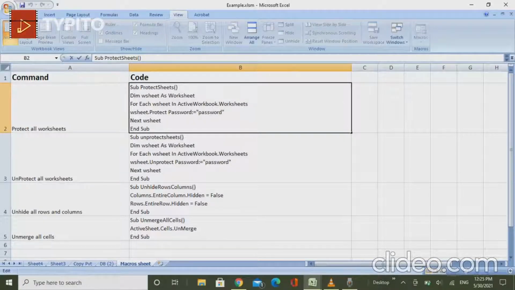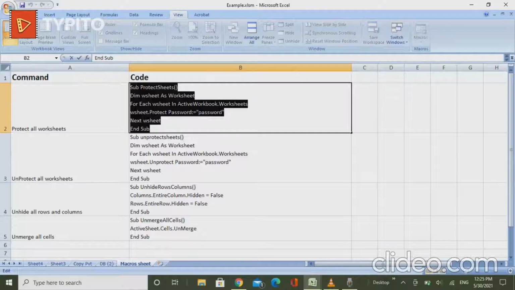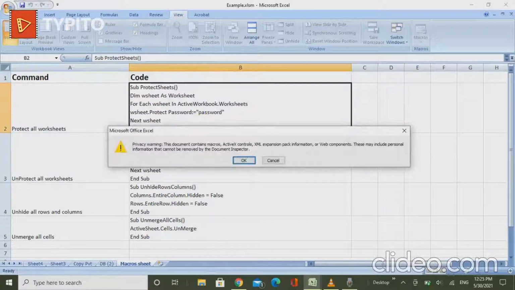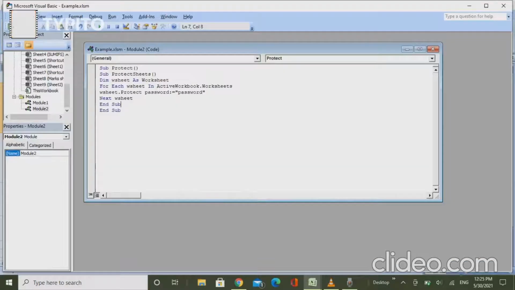Control C, I can do it Control V over here. So this will give me my code. There is some error in this macro, and sub is in duplicate, so I will make it one only, and this is for the command. And then now I will save it. This is saved now. The macro is saved, and